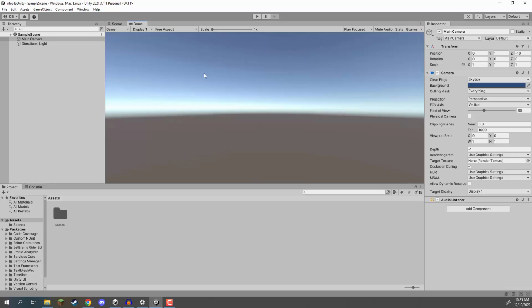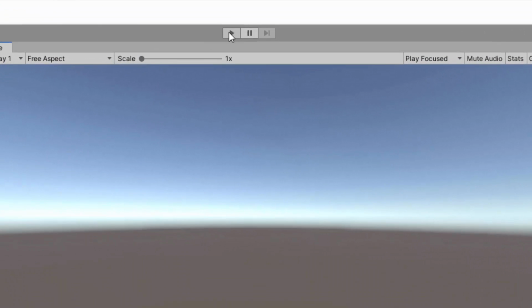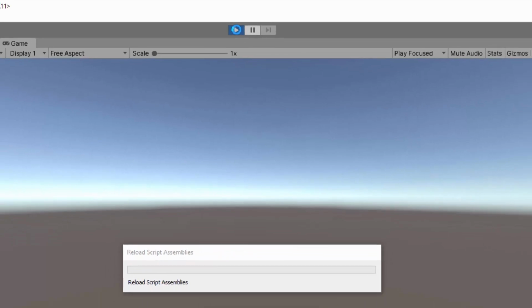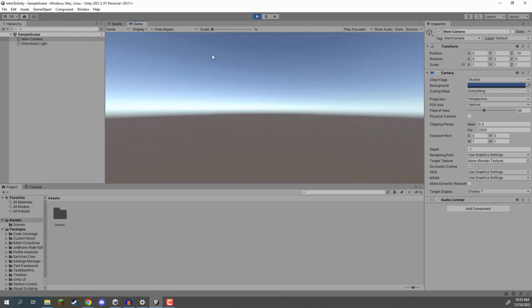And what we can then do is go up to the top here and click on the play button, okay? You'll see there are 3 buttons. We have the play button, the pause button, and the step button, okay? So if I click on the play button, that's going to basically gray out the editor a bit, and now our game is playing, okay? So if we would have objects, if we'd have some sort of controller, we'd be able to play our game